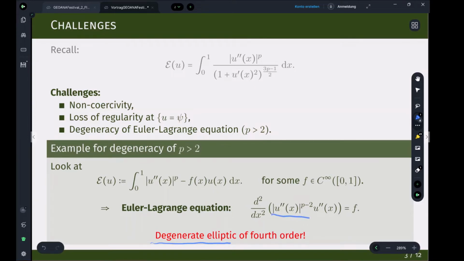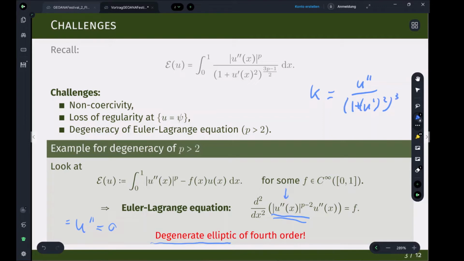So this is basically the ellipticity of this term here determines the ellipticity of this operator that is associated to this equation, and it can degenerate, namely whenever u'' equals 0, and u'' equals 0 has in our curve interpretation a certain interpretation,